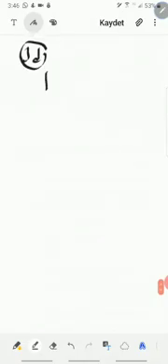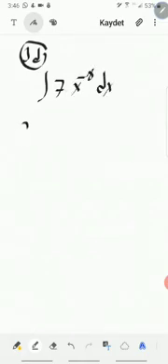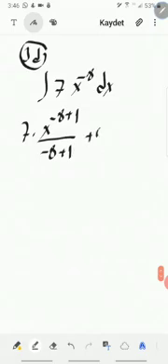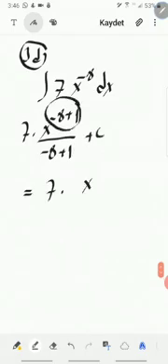3d, the integral of 7 x to the power minus 8 dx. Okay, 7 is the coefficient, x to the power minus 8, we increase by 1, and we divide, plus c. It means 7 times x to the power minus 8 plus 1, we get minus 7, over minus 7